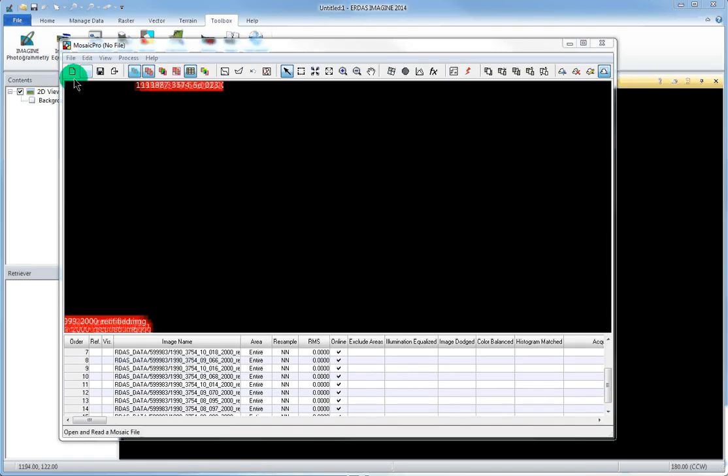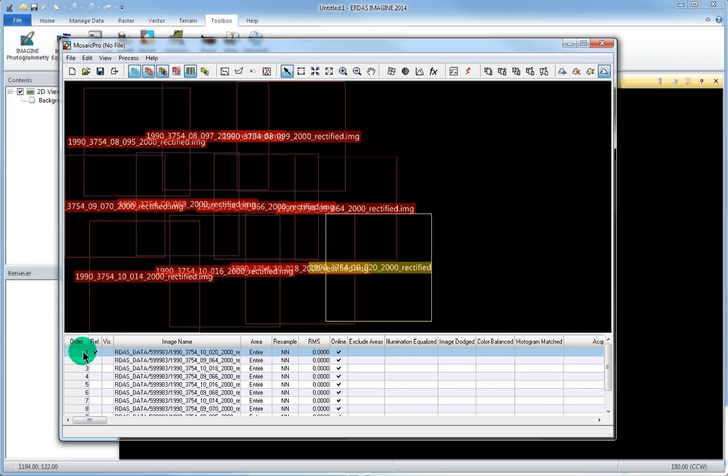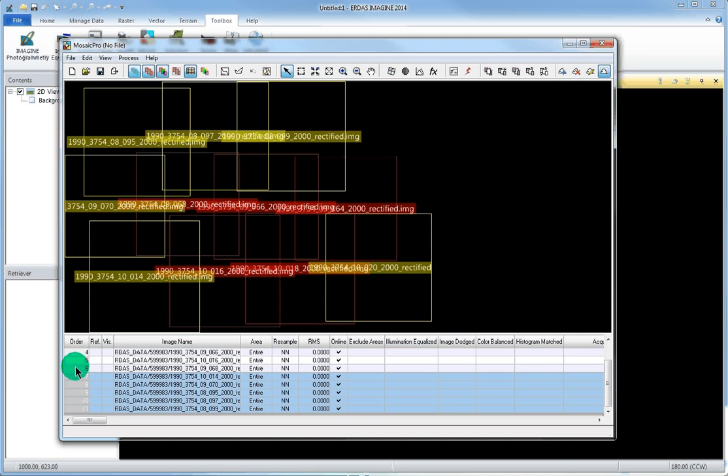Okay, just a second. Okay, because those images I dragged in weren't all contiguous, I've had to remove some. So these are a group of contiguous images, and what I'll do is highlight the table at the bottom of the screen by clicking on the first image and then holding down Shift